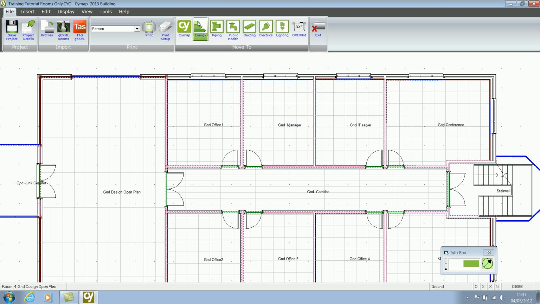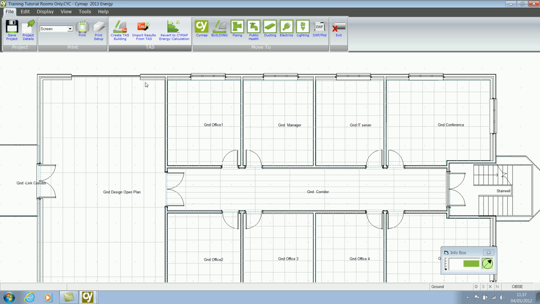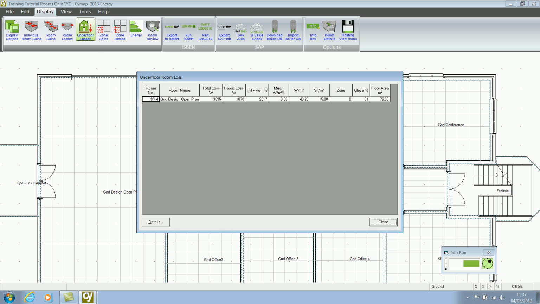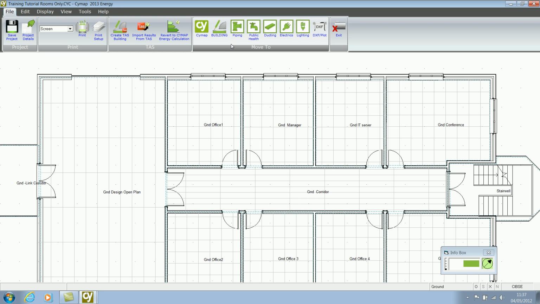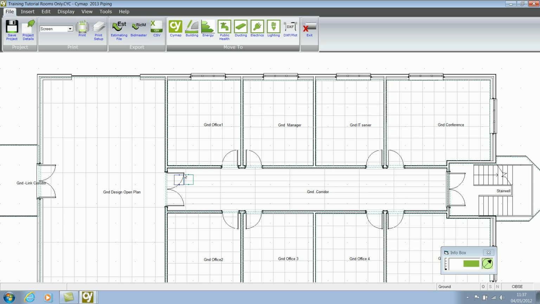I then move to the energy to enable the program to perform the calculation so I can view the heat loss to that space. Underfloor losses, and this gives me the heat loss to that space. Moving back to the piping program, I'm now in a position to be able to put the underfloor heating manifold in that space. So selecting the Grand Design Open Plan Office,